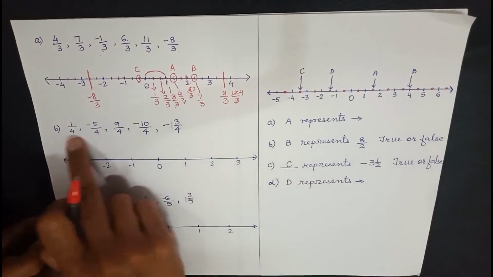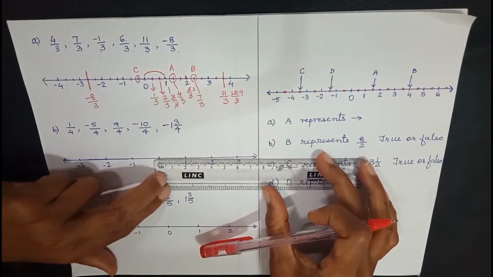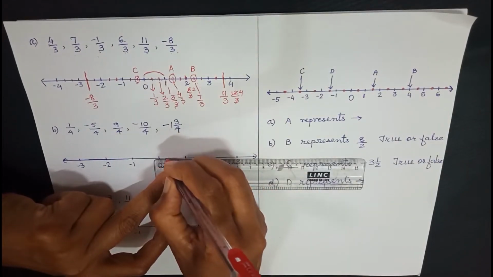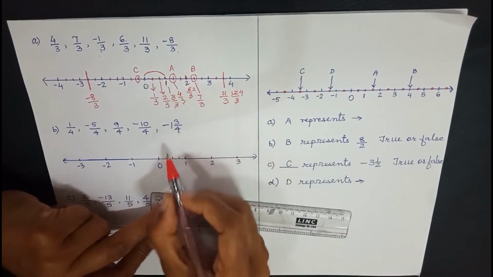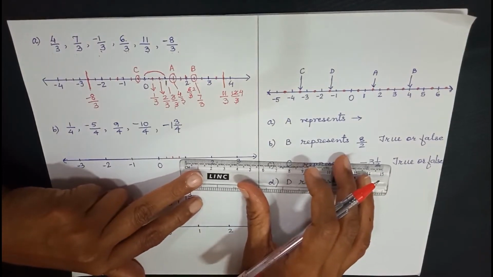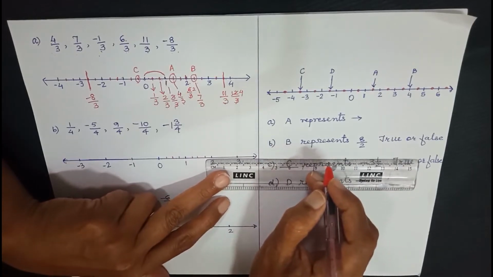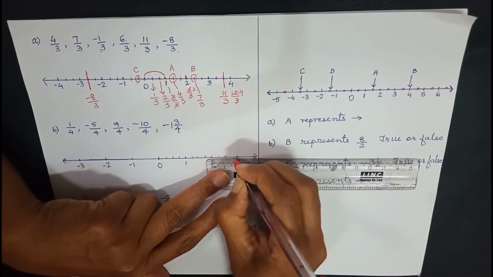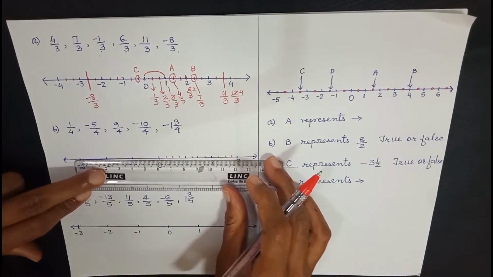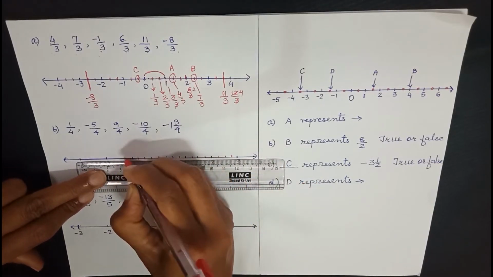Let's go to another example. Now here you can see all the denominators are 4. So what we do is we divide each and every unit distance into 4 equal parts. So dividing into 4 means I have to take 3 points at equal distance. So you can see 1, 2, 3 and 4 parts by taking 3 points. Similarly, I do it here. Then 1, 2 and 3. So you can see I have divided each of it into 4 equal parts. Same thing I do on the left hand side also.